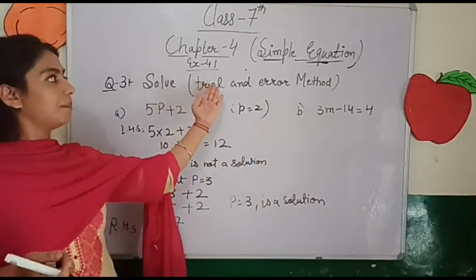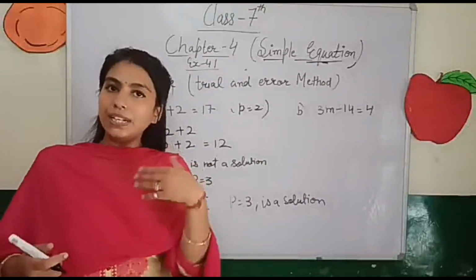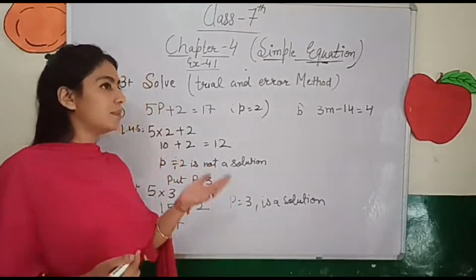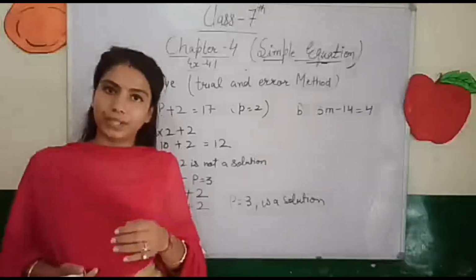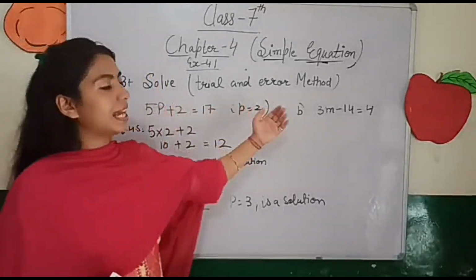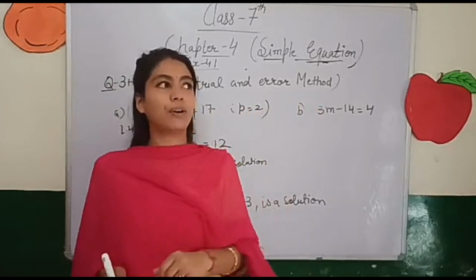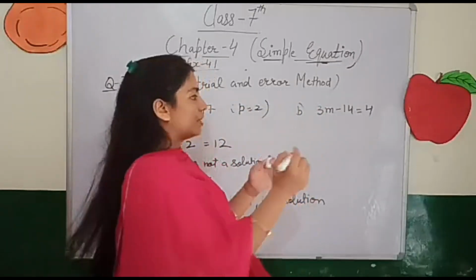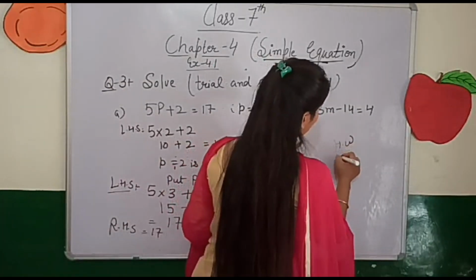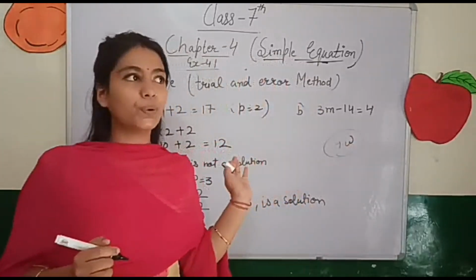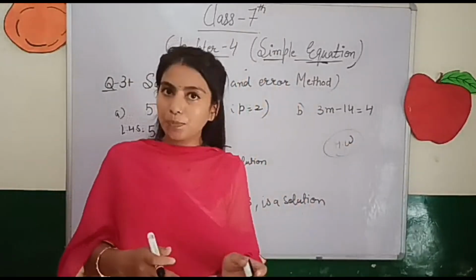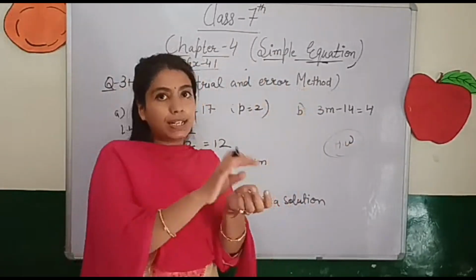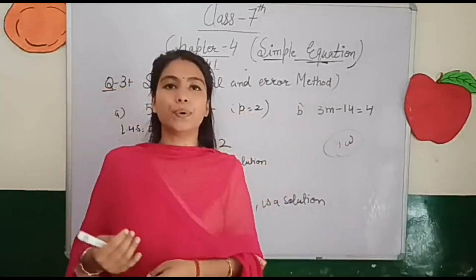But in the hit and trial method or trial and error method, you will assume any value of the variable on your own. Okay students, only 2 parts we have in this. For this you will think about it yourself, so that will also be homework for you. Students, whatever question I am doing over here, that also you will solve in your notebooks, and after that you will make a line and then start the homework questions.